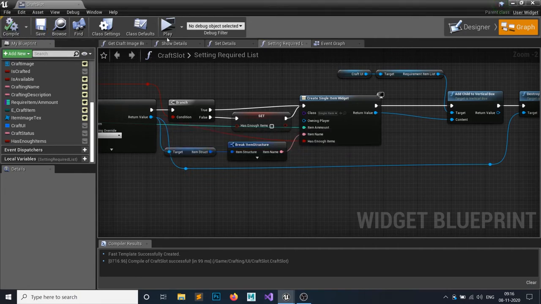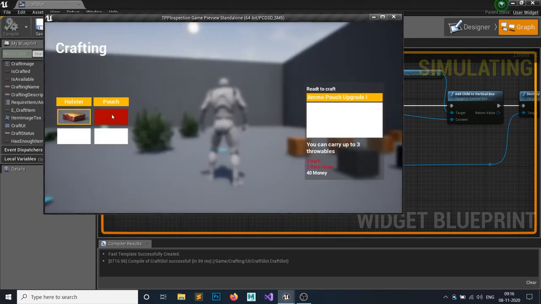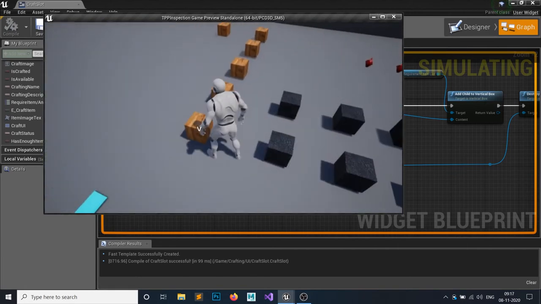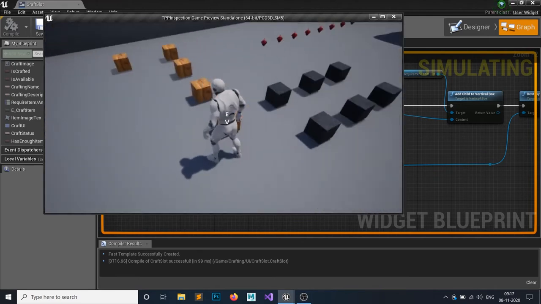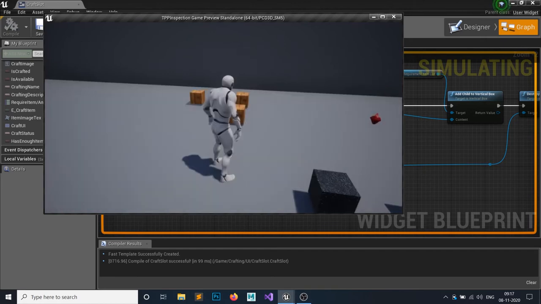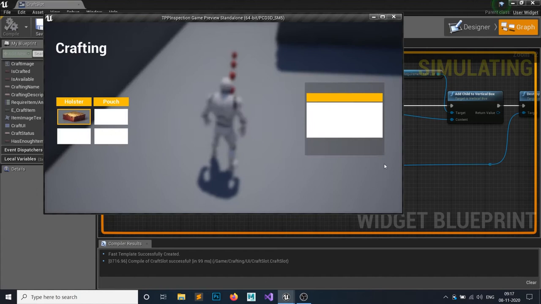So now let's check it out. We have enough money, so it should show the money in white color and the missing items in red color. Let's just grab some wood because we require wood. So 1, 2, 3, so we have 3 wood. Okay, we need 2 redstones. 1, 2, 3.